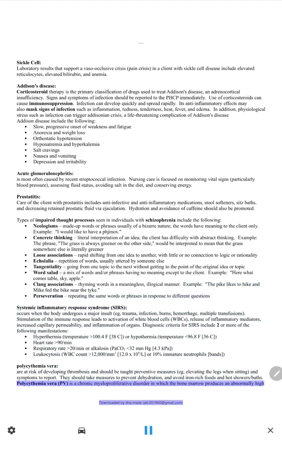Polycythemia vera, PV, is a chronic myeloproliferative disorder in which the bone marrow produces an abnormally high downloaded by DNA MADS, alt.001900@gmail.com, Lomoark PSD,